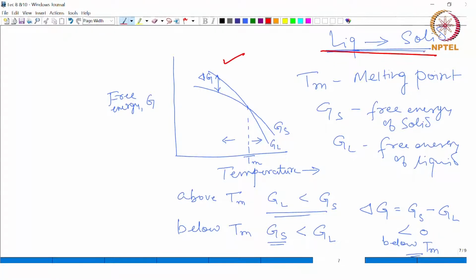So, any transformation will occur spontaneously